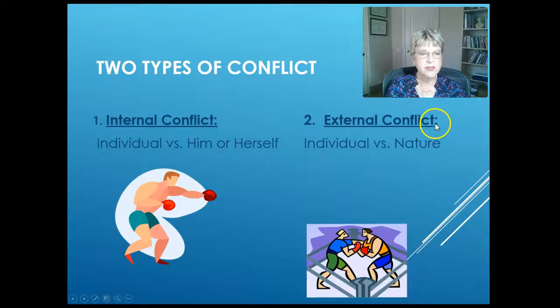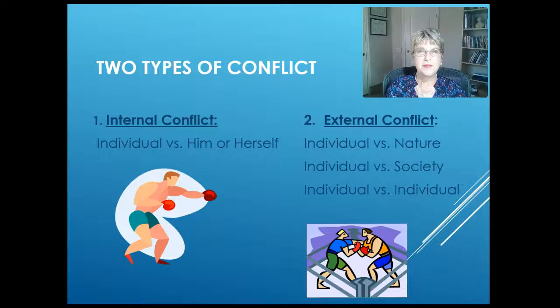And then we have external conflict. And we have the individual versus nature. And there's a long tradition of the individual versus nature. We have Moby Dick. We have To Build a Fire. Now we have a long tradition of the individual versus society. We have a popular novel series, Hunger Games, and that's the individual versus a dystopian society. We have the individual versus another individual, and those are the Marvel comic books, with the superheroes.